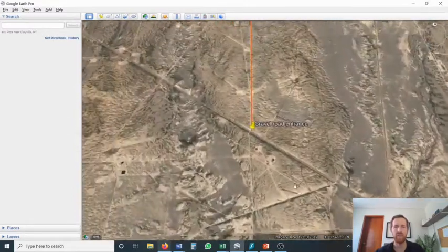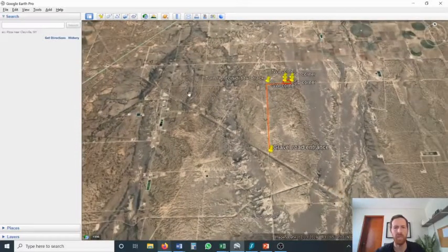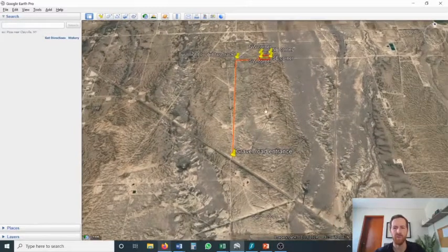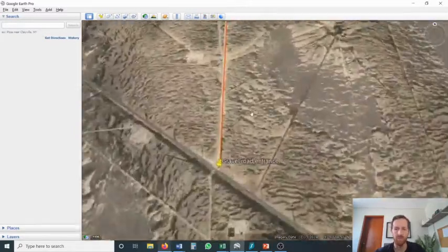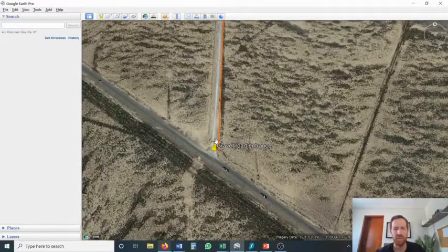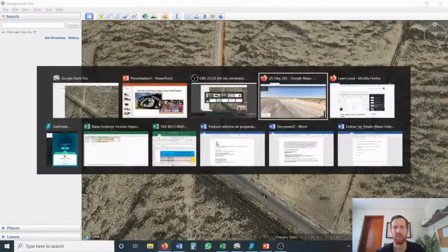We'll zoom in. There are different ways to access this property. There are several different entrances. There are roads on the north that come in as well. This is one of the direct ways that comes from the south, but you can also go around. There are different entrances. So let's take a look. Here's Highway 285, as you can see here, and we'll take a quick look on Google Maps of what that